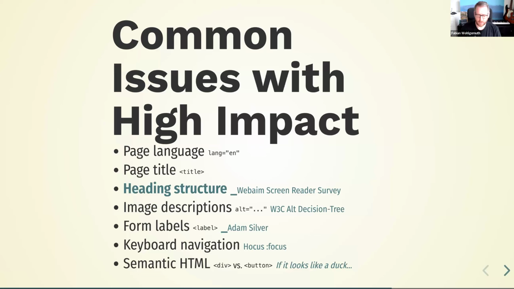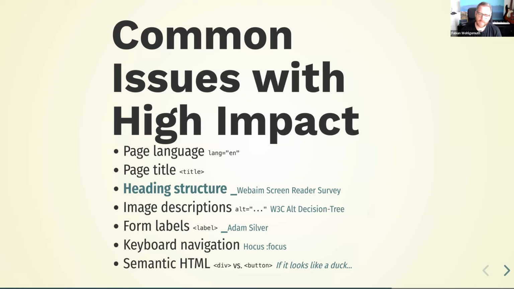There's a browser extension called Web Developer by Chris Pederick. I will link to this as well. This is a nice extension that, for example, can remove all CSS stylings from a website and just look at the pure structure. And by doing so, you can easily identify issues with wrong heading levels, wrong heading hierarchy.